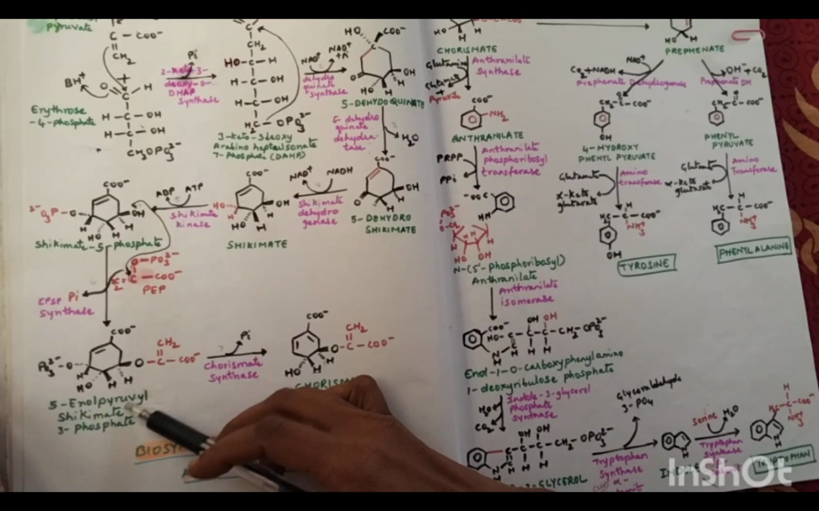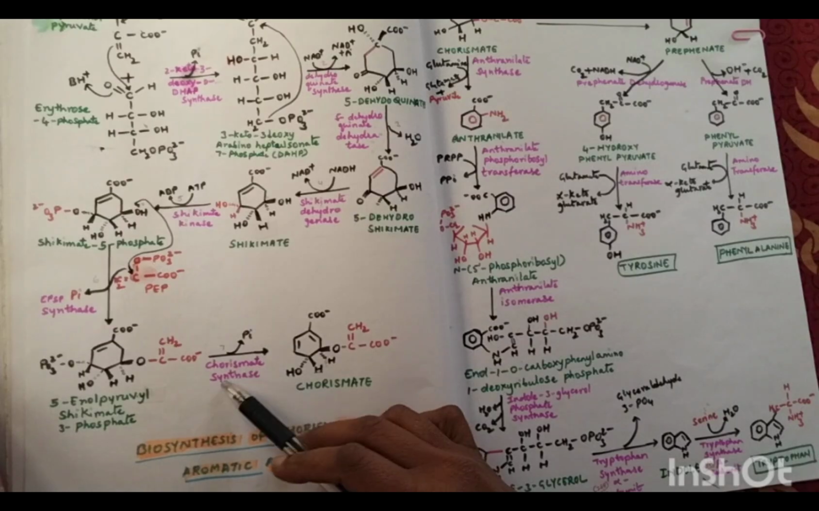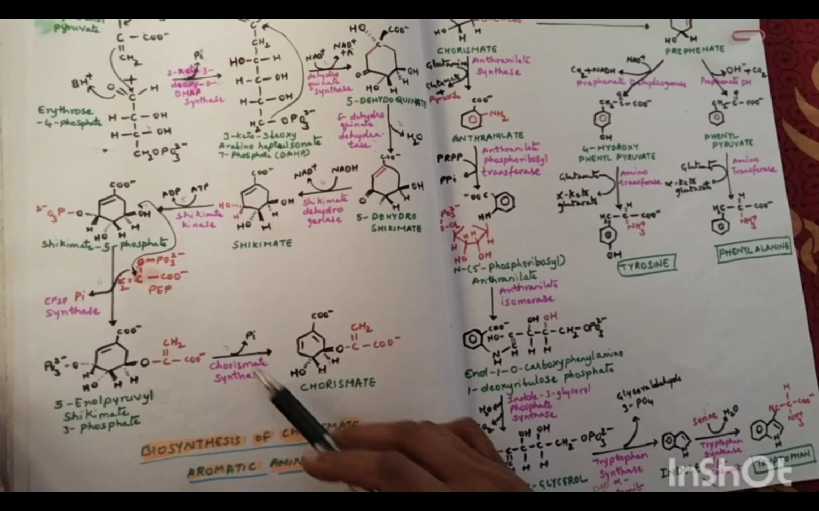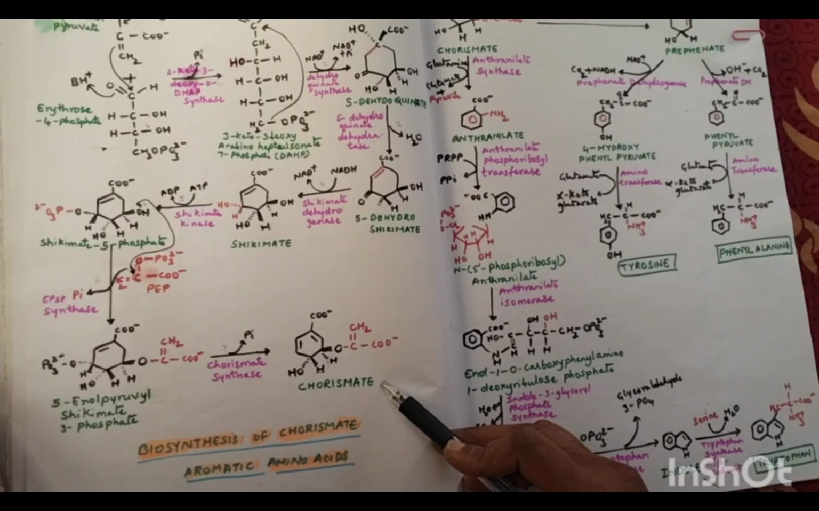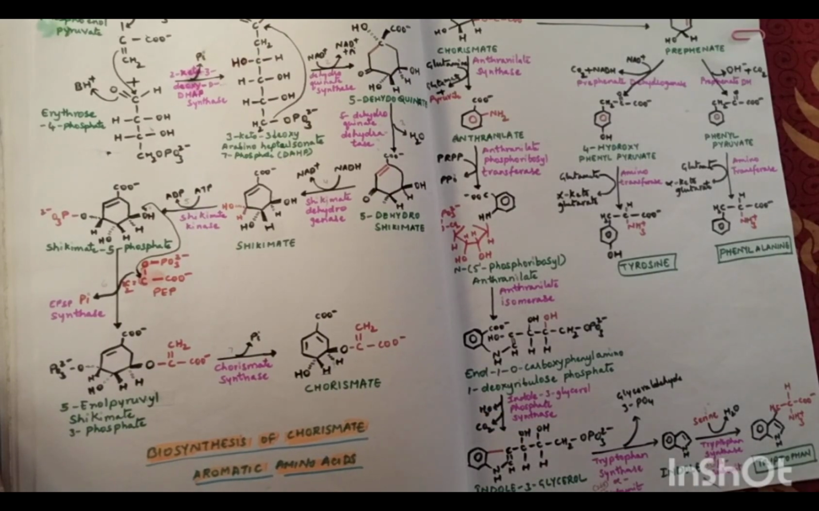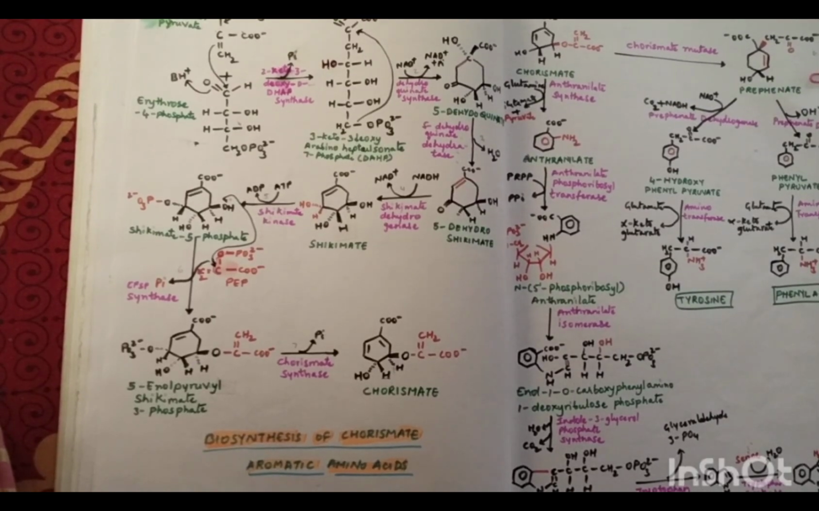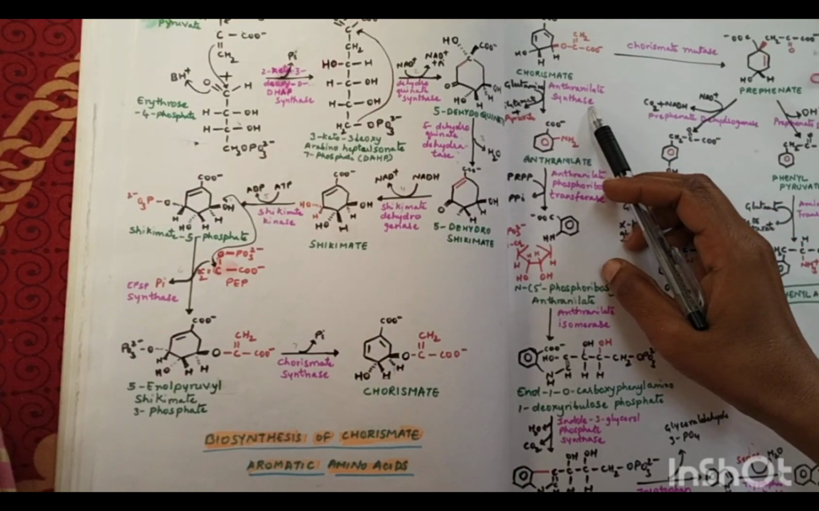5-enolpyruvylshikimate 3-phosphate in the presence of chorismate synthase releases inorganic phosphate and forms chorismate. Chorismate is the precursor for all the 3 aromatic amino acids. Firstly, we will discuss the biosynthesis of tryptophan from chorismate. Chorismate in the presence of anthranilate synthase